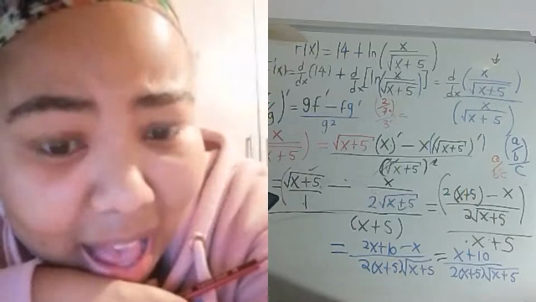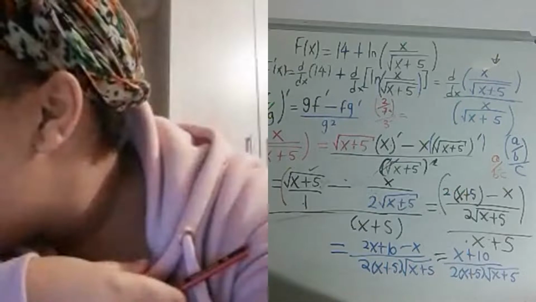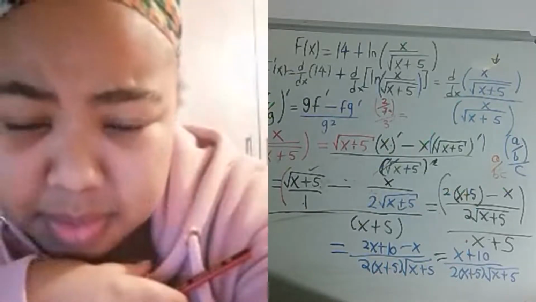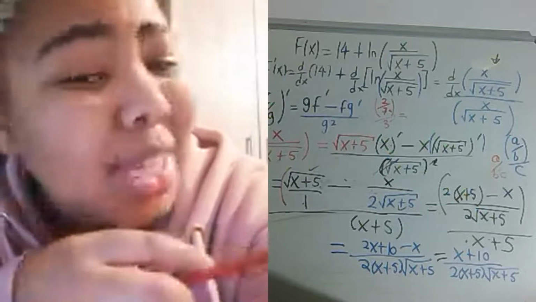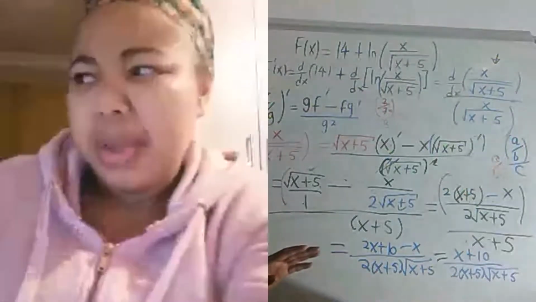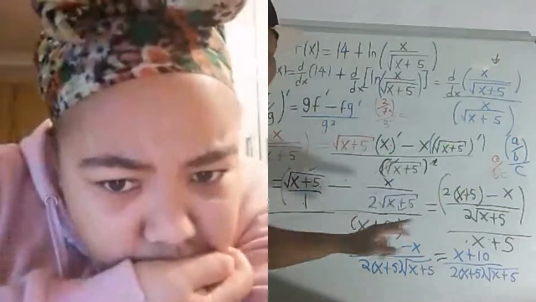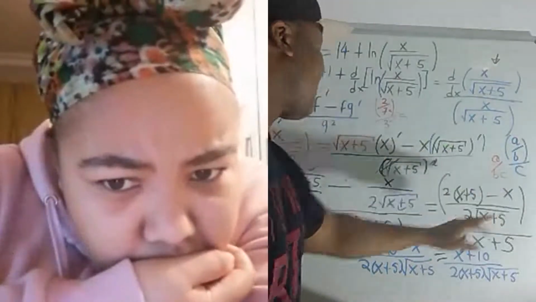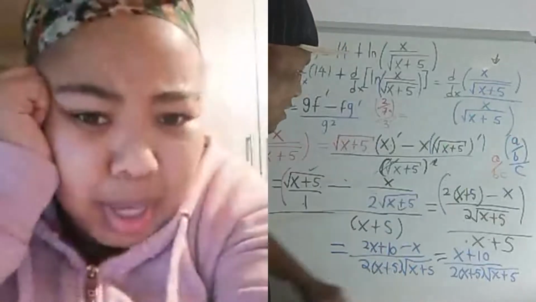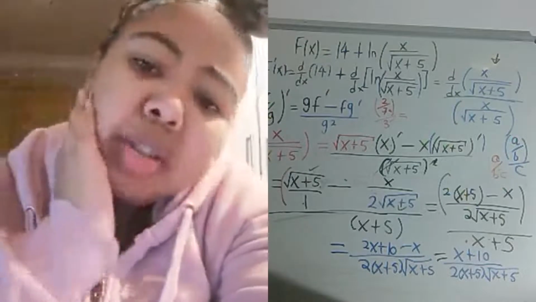That's the crazy thing. I made a mistake somewhere because it's not the same. Let me show you why I made a mistake. You see here, this and this give us 2x plus 5. This and this give us that. And then we put it over. When did we work out the bottom part? Remember, it's a